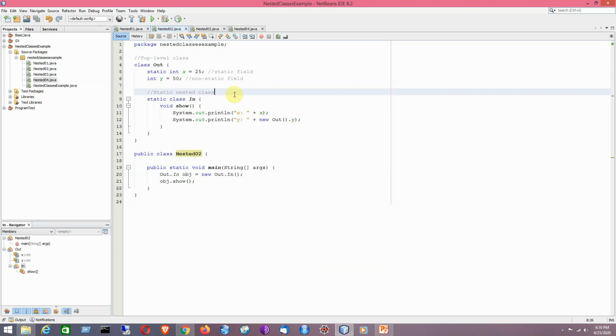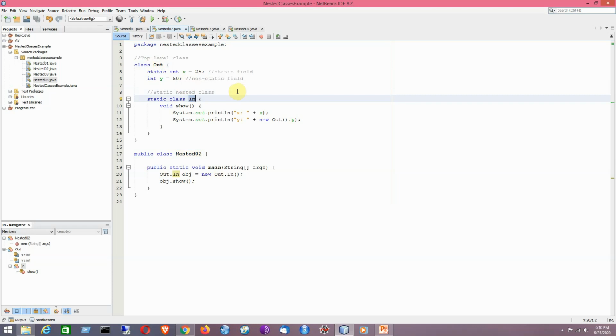So try to remember this thing, though I have told it several times during the other tutorials. As with class methods and fields, a static nested class is associated with its outer class. So in that particular example, out is the outer class and in is basically the static nested class.